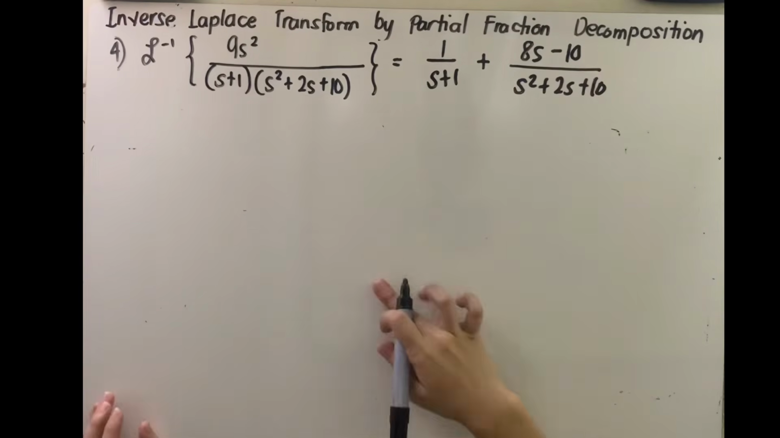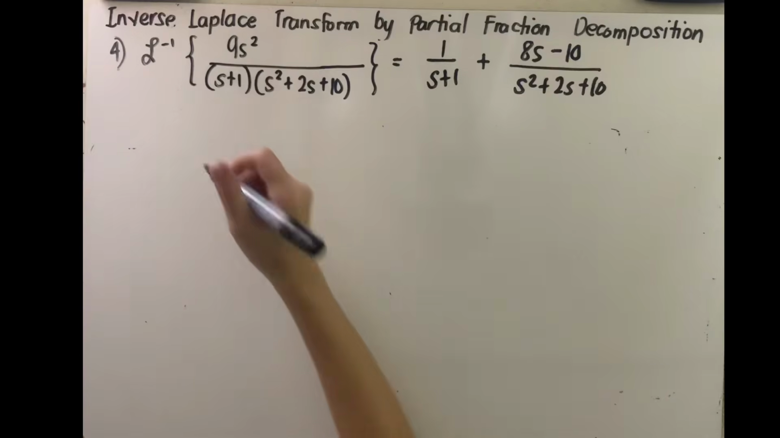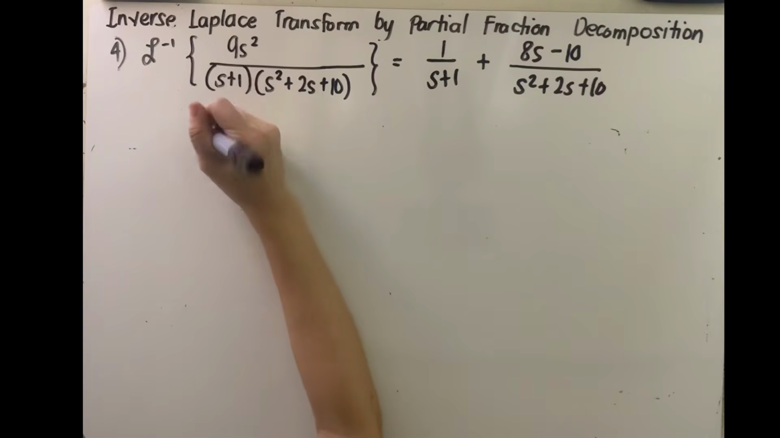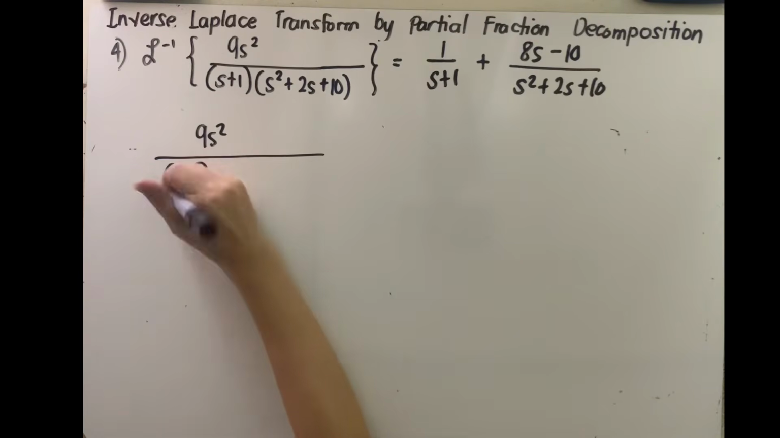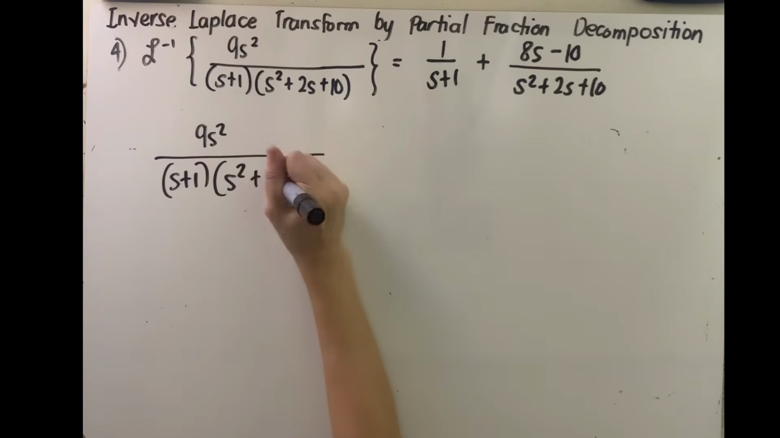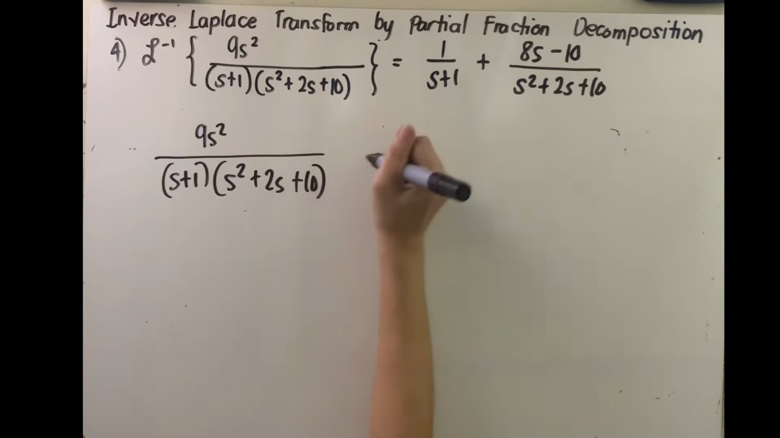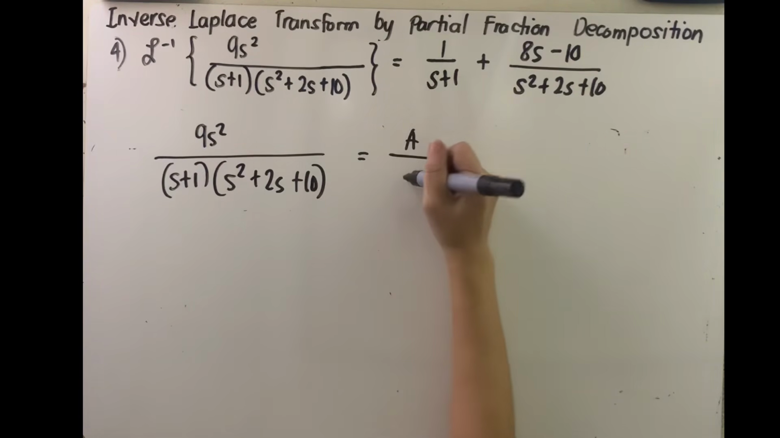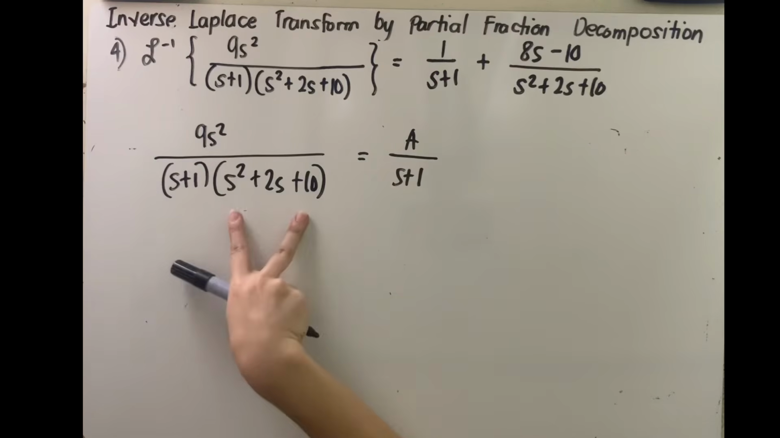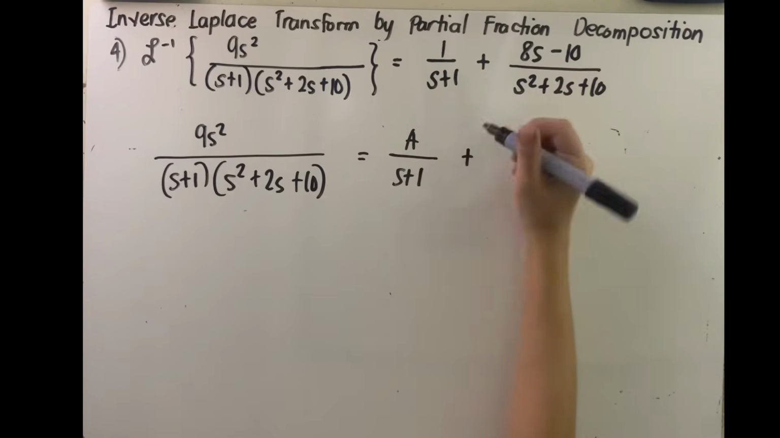Okay? So, an alternative representation would be the one we use in integral calculus. And that's 9s squared all over s plus 1 times s squared plus 2s plus 10. So, ano po yung sinasabi ko? Ganun pa rin. Pag linear yung factor mo, that will still be A all over s plus 1. Pero pag quadratic yung factor mo, ang ginagawa natin doon is,